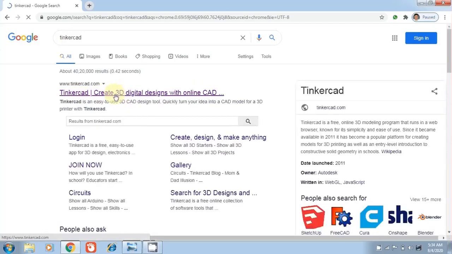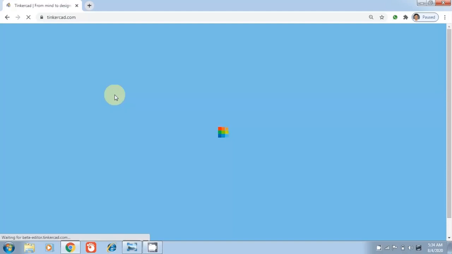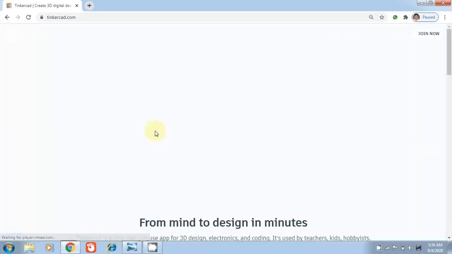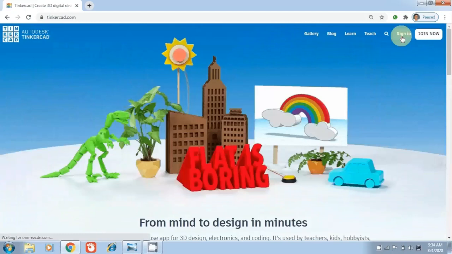When you click onto this link, a screen appears like this, and in order to access this site, you first sign in.